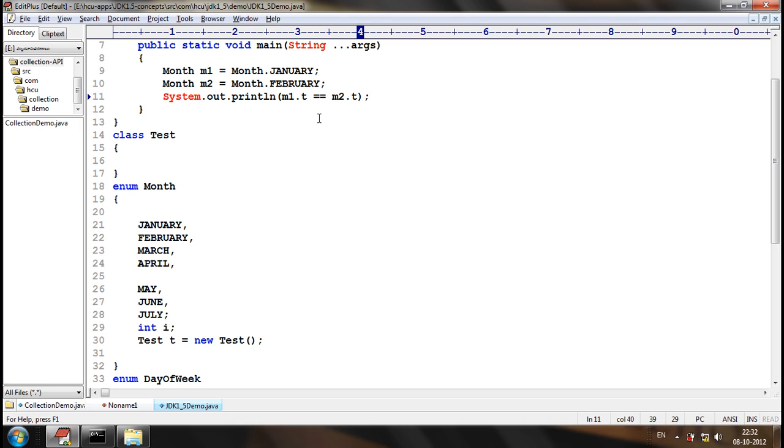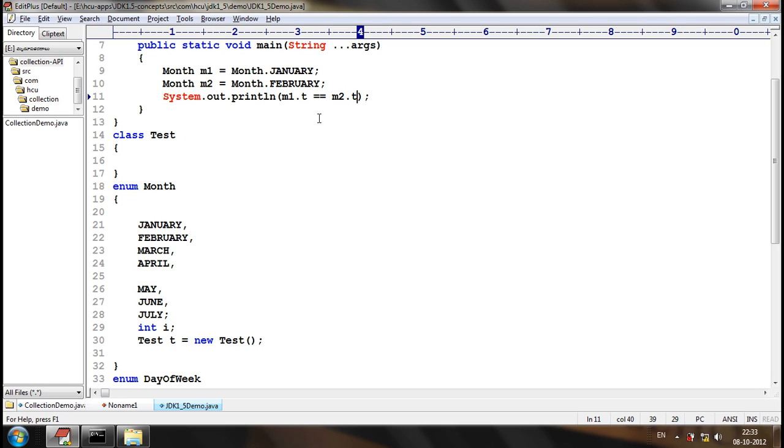True or false? False. Just because each and every enum constant will have its own copy of I and T. Let's consider the first enum constant January has a copy of I and T. T will be referring to some object. Now February will have a separate copy of I and T. T will be referring to a separate object.